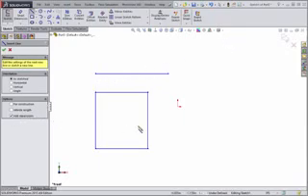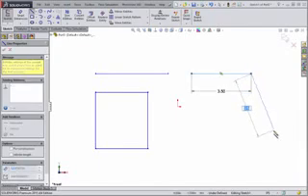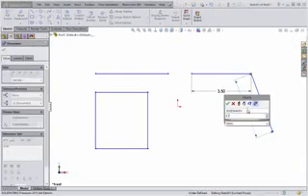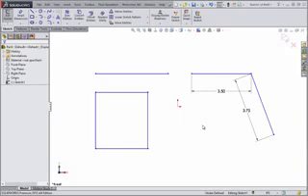When I sketch a line with Add Dimension active, the dimension is automatically attached. I can enter the value as I type, or create the line first, and then edit the attached dimension. Using numeric sketch input and Add Dimension can certainly increase your efficiency when sketching, but it's up to you to decide which method of sketch